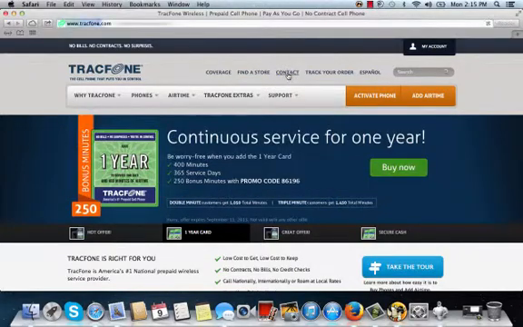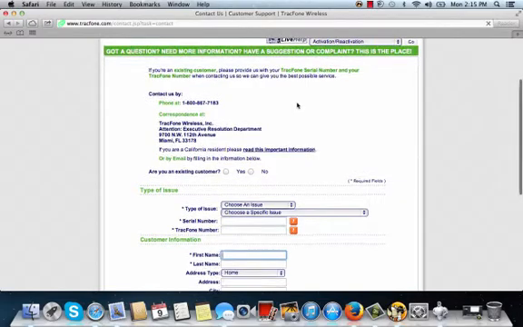And in order to do that, I'll click on contact, and it's going to bring me into this page where it'll show this contact phone number for them. First thing I'm going to do before I even call them is I'm going to go into my TracPhone